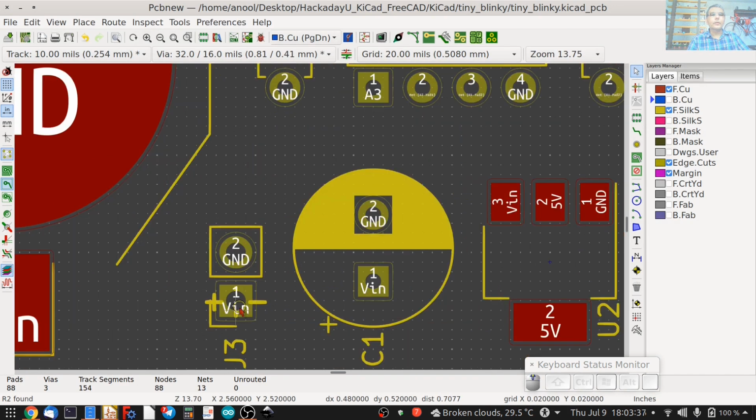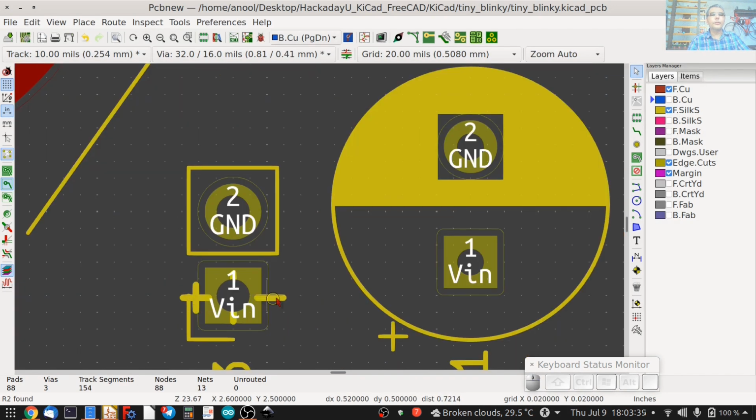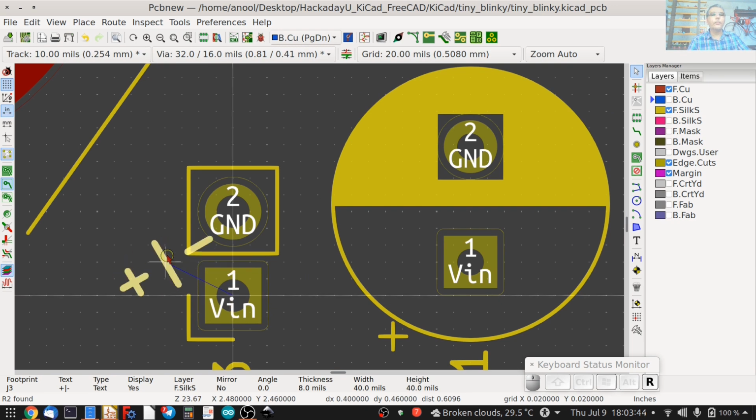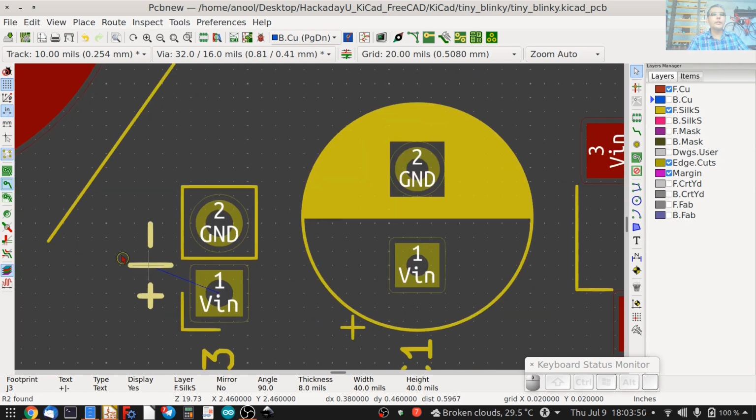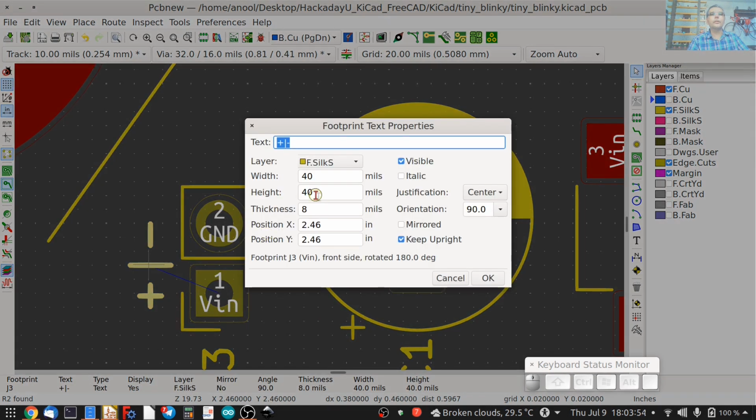You'll notice this text is placed over here. I can then click on it once and move it, rotate it like so, and keep it over here. If you'd like to play with the text dimensions, you can double click on the text like so and change the dimensions. For example, I can make it wider like so.